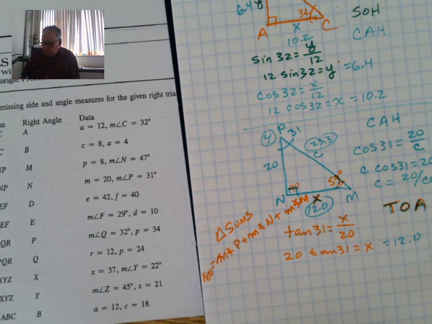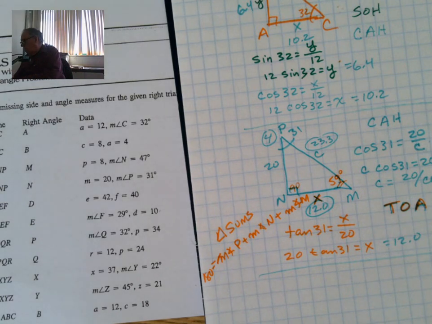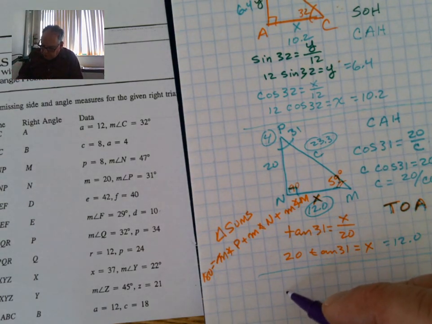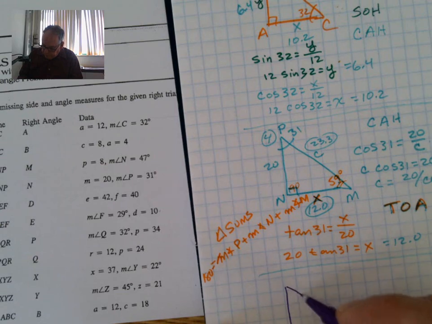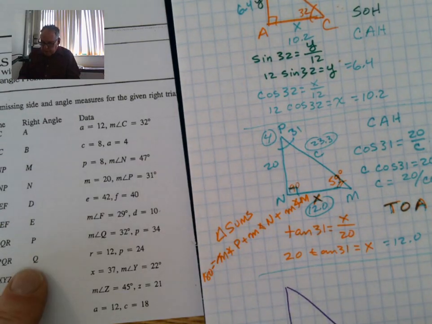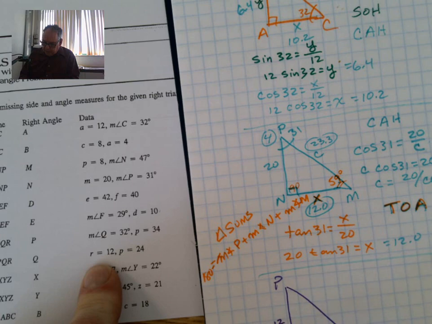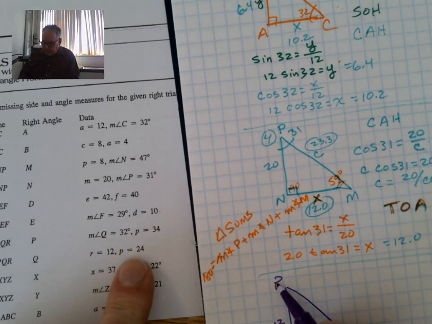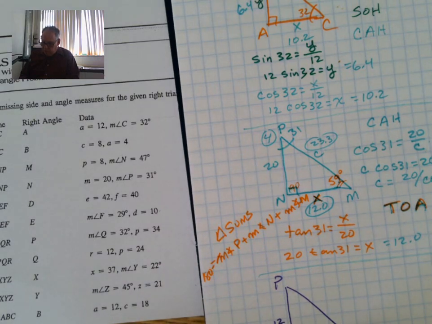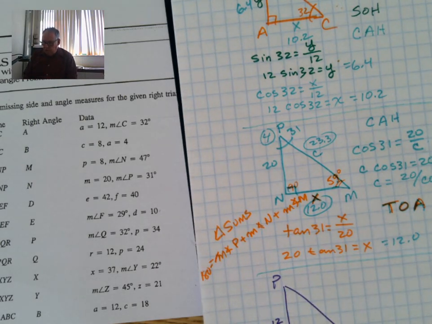So we're dealing with triangle PQR. Again, I want to sketch a reference triangle, and the right angle is at Q. So we've got PQR. R is a 12, so the side opposite R is a 12, and the side opposite P is a 24. So we know that this is a right angle, but we've got to find the other two angles. If we find one angle, triangle sums, we can find the third one. And we can use Pythagorean Theorem and find